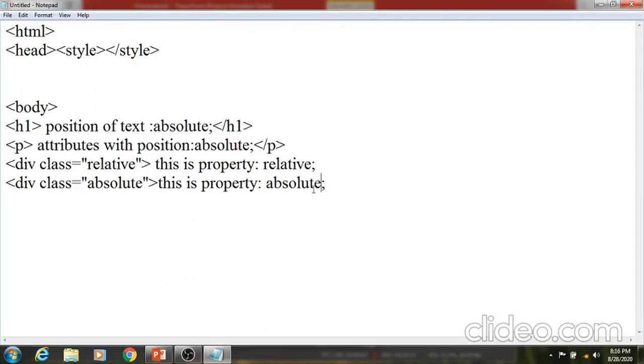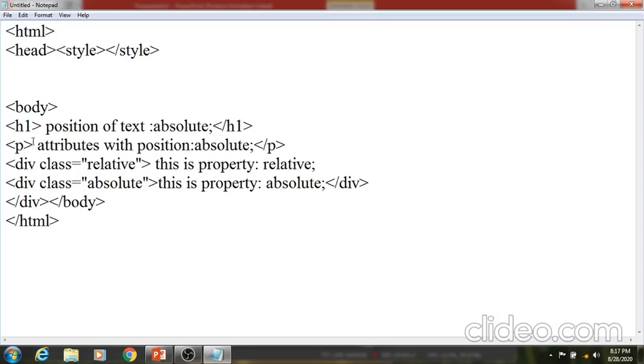Then we close both division classes, and close the other tags which we have included in the HTML.